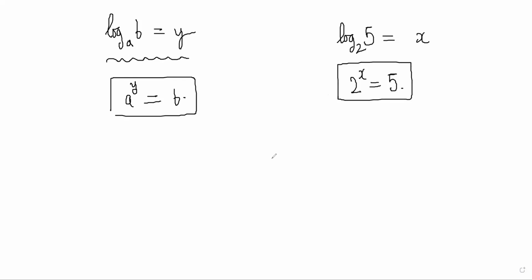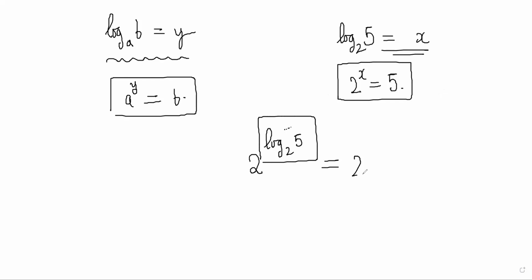So what are you doing here? You are raising 2 to the power of this thing, and that was x, no? So this is just 2 power x, where x is log 2 5, and by definition that means 2 power x is 5. Basically, log base 2 5 is the power that you need to raise 2 to get 5, right? So in the question it is 2 power that power only. So it must be 5, right?